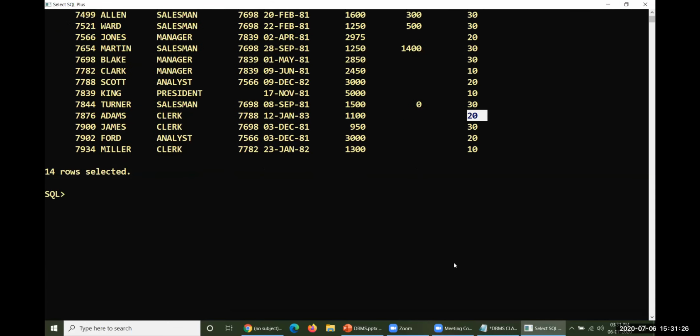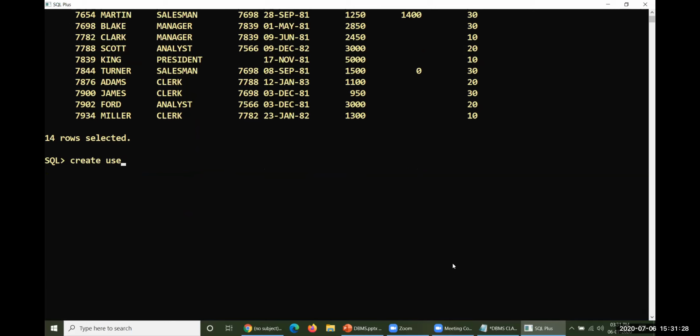Create view, the view name is DEPT20, otherwise EMP_DEPT_20 is my view name, as select everything from EMP where DEPTNO equals 20.